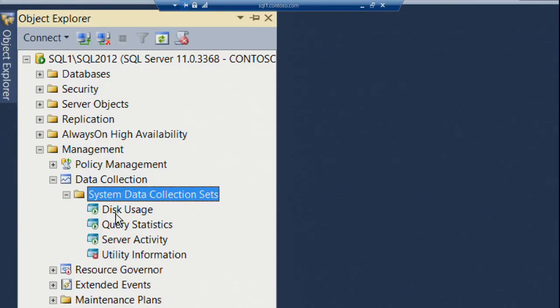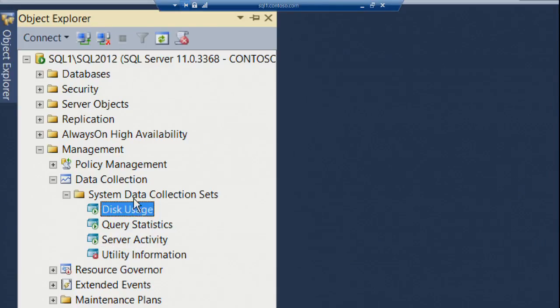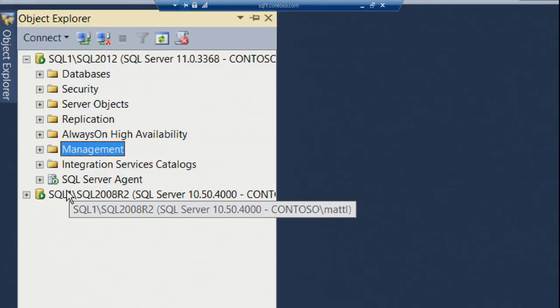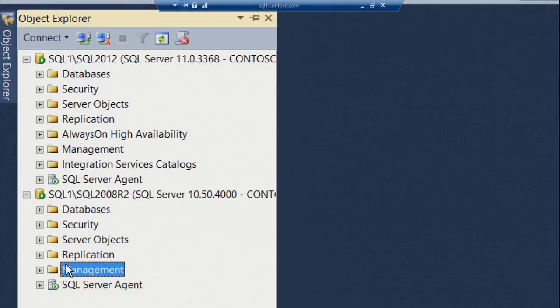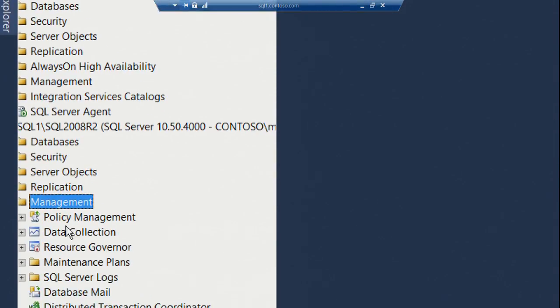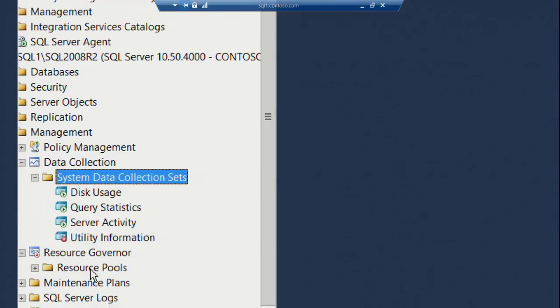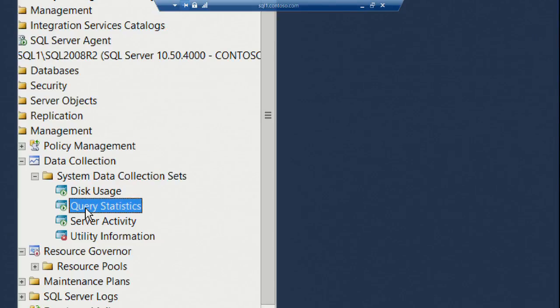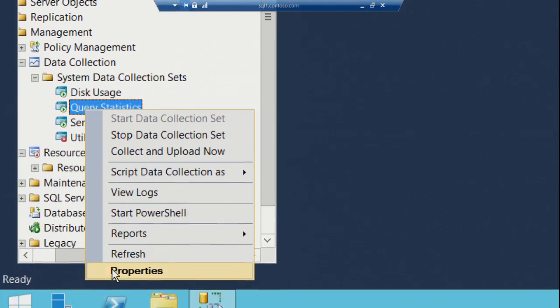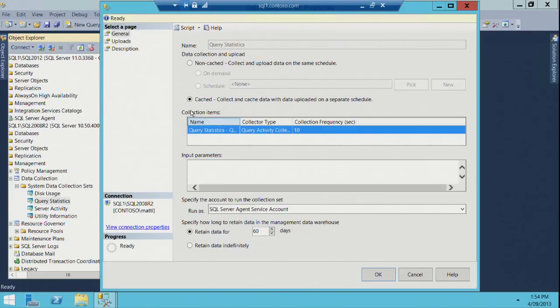Now, there are a few best practices, which I'll jump into shortly, but what I've actually got configured, I'll jump onto my other instance here, and under management again, we've got data collection. So this is a SQL 2008 R2 instance, and if I have a look at my query statistics properties, I'll have to come out of my zoomed mode for this one. These are just the properties of it. And it only takes a matter of 5 minutes to run through the wizard to actually set this up, but in the interest of time,